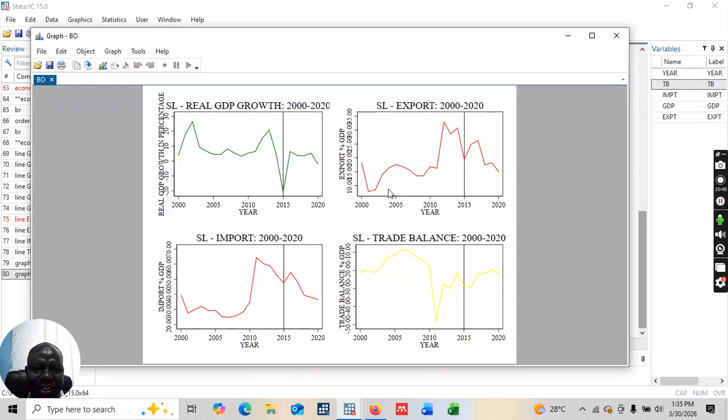You can see at a glance that this is where GDP goes, this is exports, you see the behavior of this, and also you see imports, how it behaves, and of course trade balance, how it behaves here. At a glance, this makes it very nice. So the last point that I want you at the end of the day to make your comments, you interpret and give your policy suggestions, is